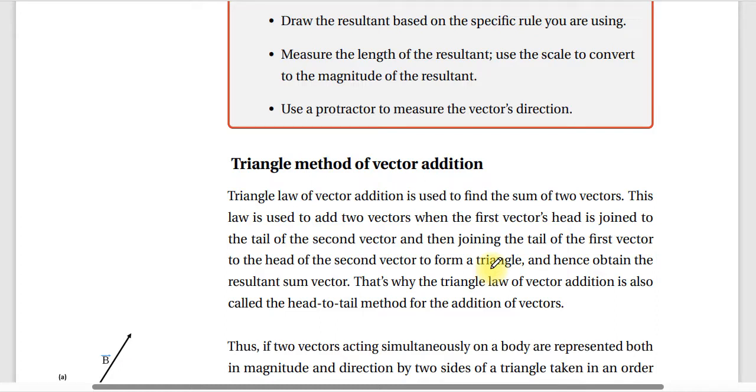Look, አሁን እዚህ ትራያንግል መስራት ነው ዋናው ዓላማችን። ትራያንግል በምንሰራበት ጊዜ ግን የአንደኛው ሄድ ከሌላኛው ቴል ጋራ ኮኔክት ወይም ጆይን መሆን መቻል አለበት ማለት ነው። ሄድ ቱ ቴል ነው. And hence obtain the resultant sums of the vector. That is why the triangle of vector addition is also called head to tail method for the addition of vector. እንግዲህ head to tail የሚባል ሜተድ ነው ማለት ነው፣ ወይም በሌላ አጠራሩ head to tail ብለን እንጠራዋለን።